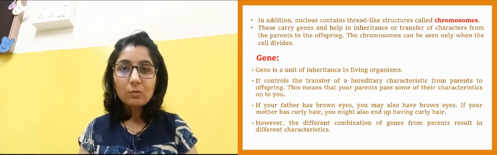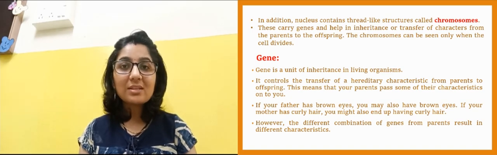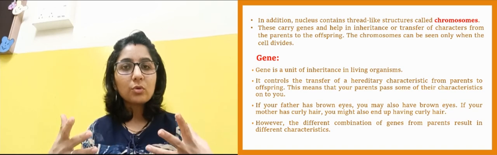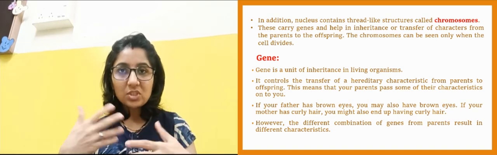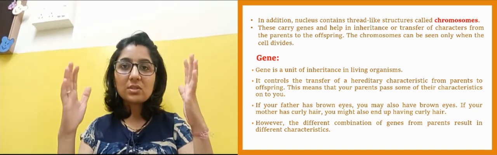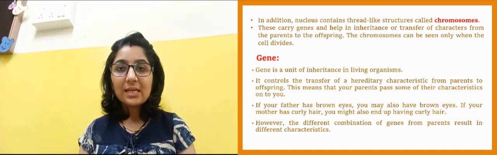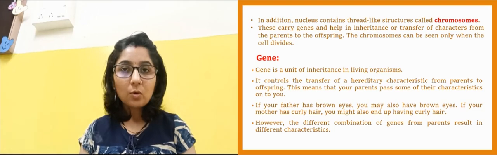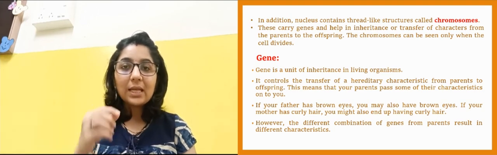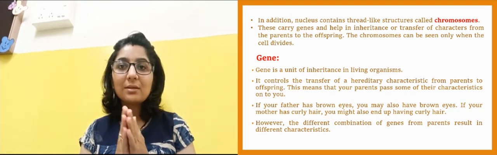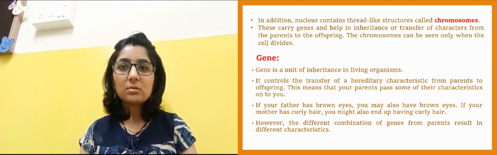And these chromosomes we can see only when the cell is dividing. Yes, the cell divides, one cell splits into two, again those will divide, and hence we see the cell multiplies, and hence an organism is formed. So when the cell divides, at that time we can see these chromosomes, because they become thread-like at that time. Now, as I said, there are genes present in these chromosomes. Now what are these genes? So let us study a bit about it.